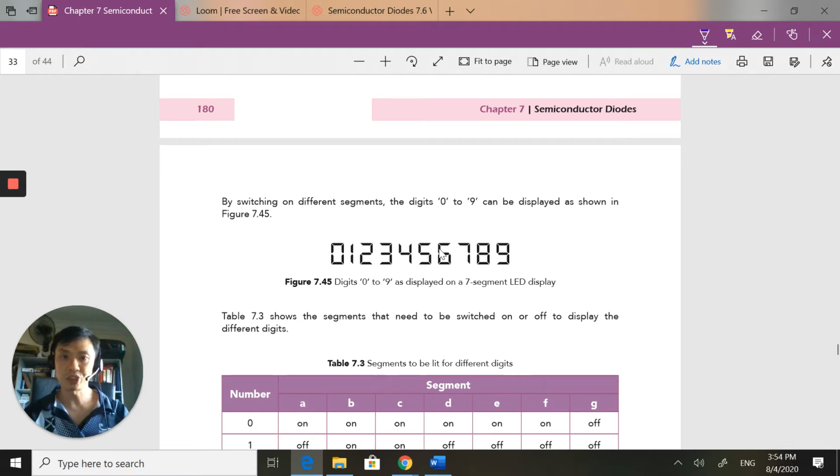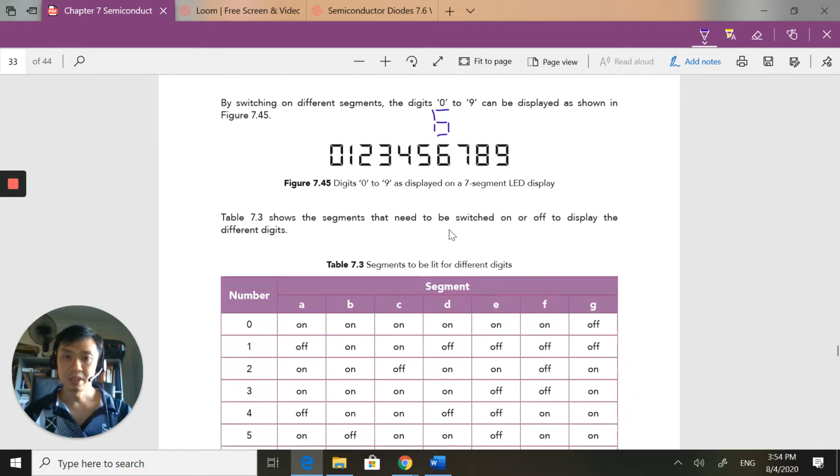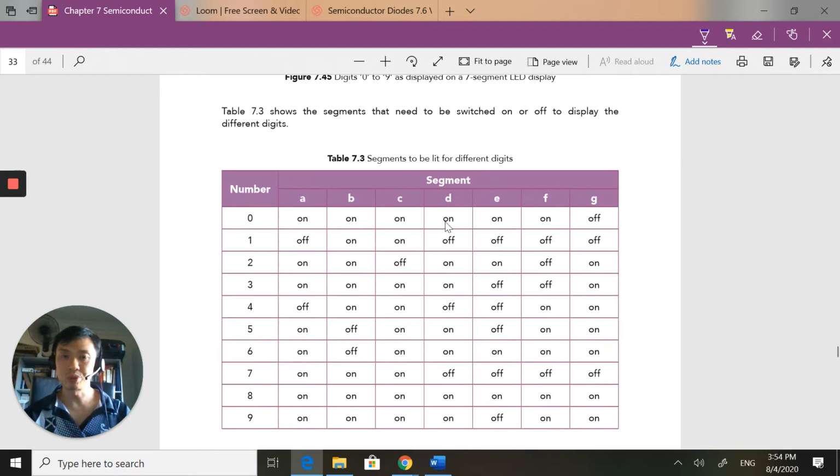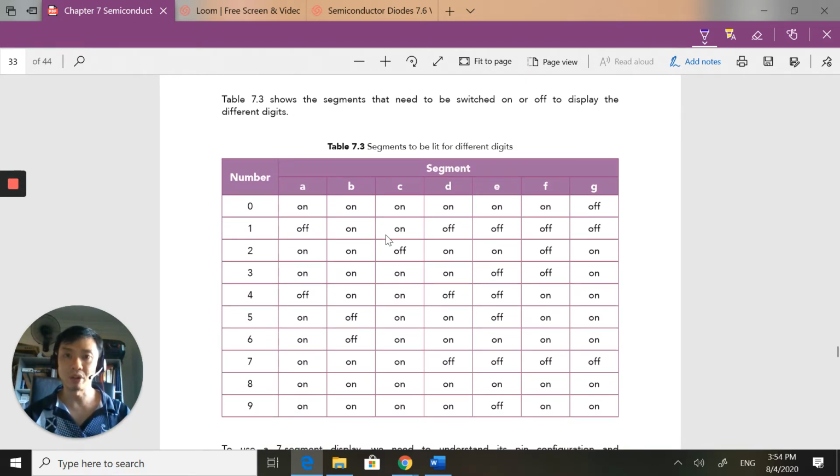Now, a lot of people always ask me, sir, how do I represent 6? A lot of people think that it is just like so. But always remember a 6 has this little top thing there as well. Remember that. Same for a 9, it's got this here. So what we have to do is turn on and off certain